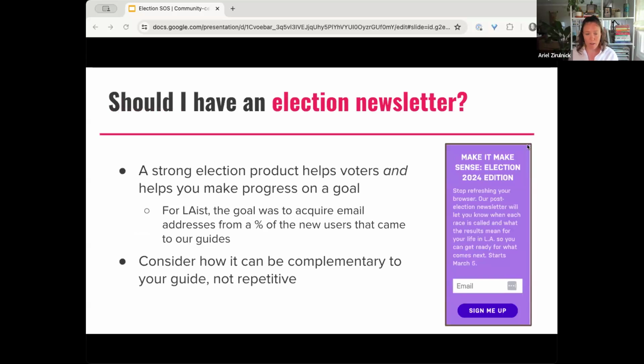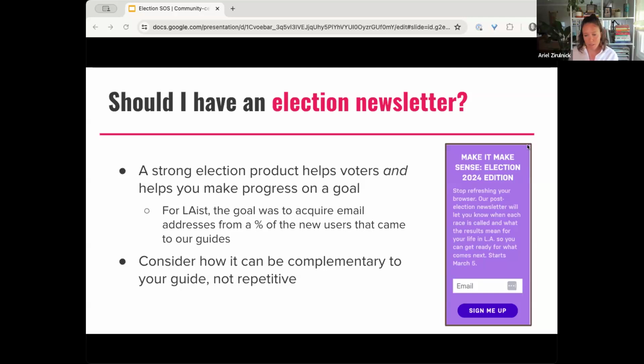And a couple rapid fire things. Today is focused on election guides, but I know newsrooms are thinking through a couple of other questions that I can potentially help you with. A lot of folks are thinking about, should they have an election newsletter? Key thing to think about is, yes, it should help voters, but a good election product also helps you make